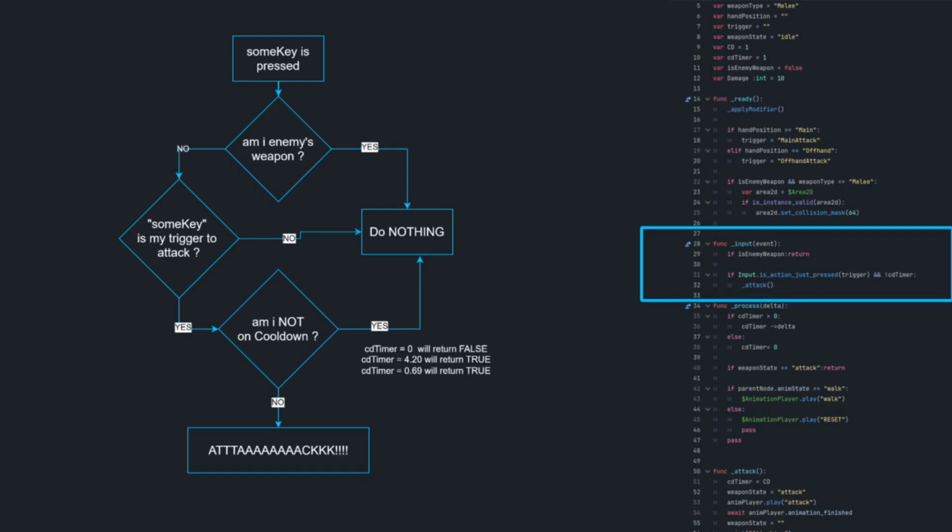And in process, if it's on cooldown, it starts counting down. Oh, by the way, if the timer is 0, it's considered false. So if it's not false, then it's true, so yeah, it's going to attack.